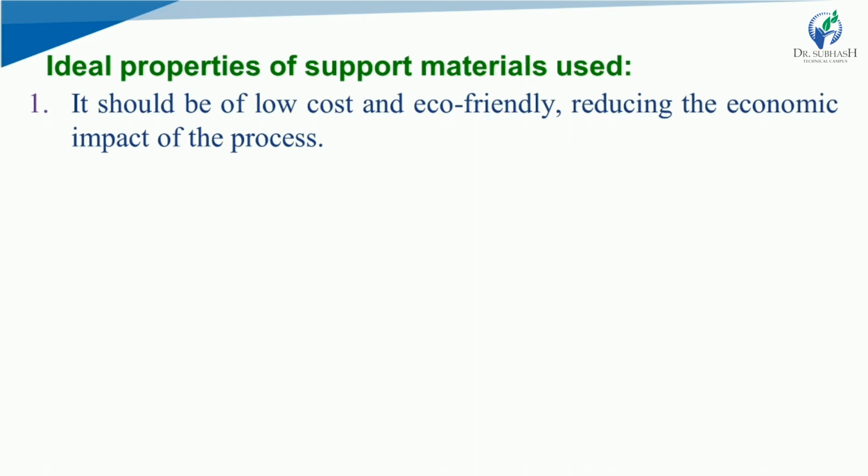Before I go further, I want to repeat: what is support material? We are doing enzyme immobilization, and these are the support materials which will be helpful in utilizing the methods of immobilization. So, what are carrier or support materials? The materials that are used for immobilization of enzymes are called carrier or support materials. The characteristics of the matrix are of utmost importance in determining the success of immobilizing the enzyme. That is why we are going through ideal properties.